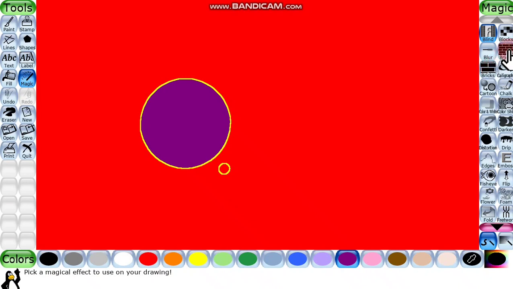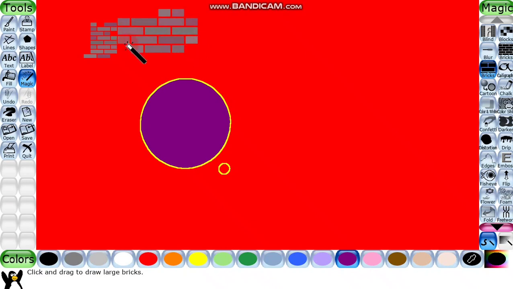There are two type of bricks, है ना? Just choose it, select the color and just draw. देखो ये brick जैसा effect आ रहा है, है ना? And there is one more bricks. So we will go for it and we will see. एक मोटा है और एक पतला जैसा brick है. So these are the bricks. What are the other options?